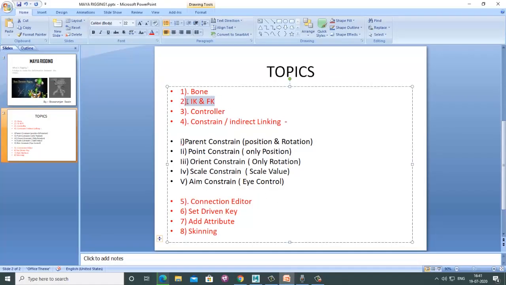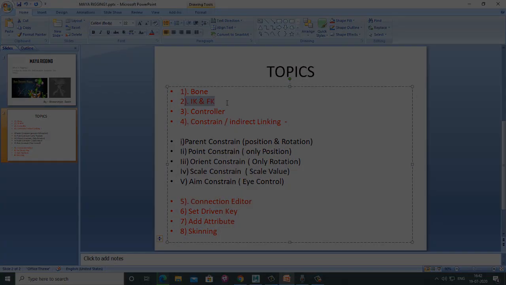This is very useful for the rigging artist, regarding IK and FK. So IK is inverse kinematics and FK is forward kinematics. This is the definition, but I think IK is used for a more flexible rig. FK is forward kinematics. You always do the spline curvy type, like, see, animation के लिए always prefer the FK. So this is the basic concept, but you should focus more on the IK and FK.